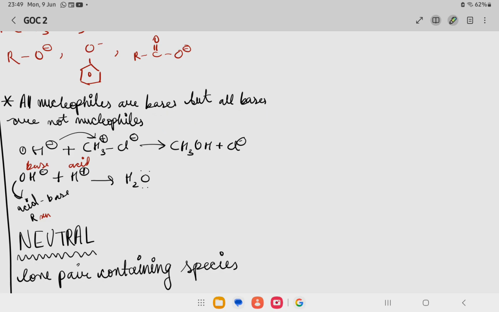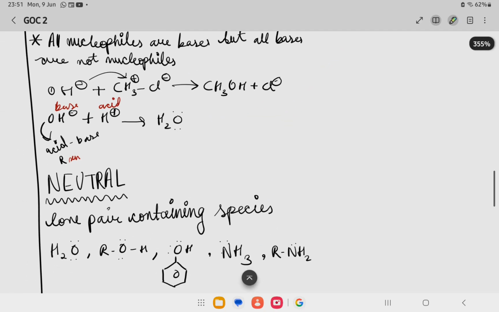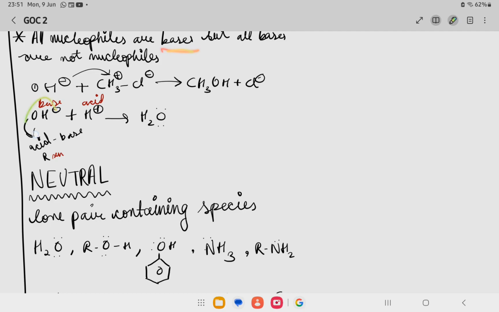नाउ विल सी वाई। ये हमारा OH- है, ठीक है। ये हमारा CH3Cl है। ये दोनों मिलके हमारा ये बना। OH- यहाँ पे हमारा न्यूक्लियोफाइल जैसा एक्ट कर रहा है, और CH3Cl में CH3 हमारा इलेक्ट्रोफाइल बन रहा है। ये दोनों रिएक्ट किया, हमारा रिएक्शन हमें मिल गया। तो यहाँ पे हमारा न्यूक्लियोफाइल इलेक्ट्रोफाइल रिएक्शन हुआ है। ये बेस था, ये हमारा न्यूक्लियोफाइल जैसा एक्ट किया। ये भी हमारा बेस है, लेकिन ये हमारा न्यूक्लियोफाइल जैसा एक्ट नहीं करेगा, क्योंकि ये ऑक्सीजन के साथ एक्ट हो रहा है, और जब एसिड और बेस रिएक्ट करता है तो वाटर बनता है, ना कि इलेक्ट्रोफाइल न्यूक्लियोफाइल का प्रोडक्ट, ठीक है। दैट्स व्हाई all nucleophiles are bases but all bases are not nucleophiles।